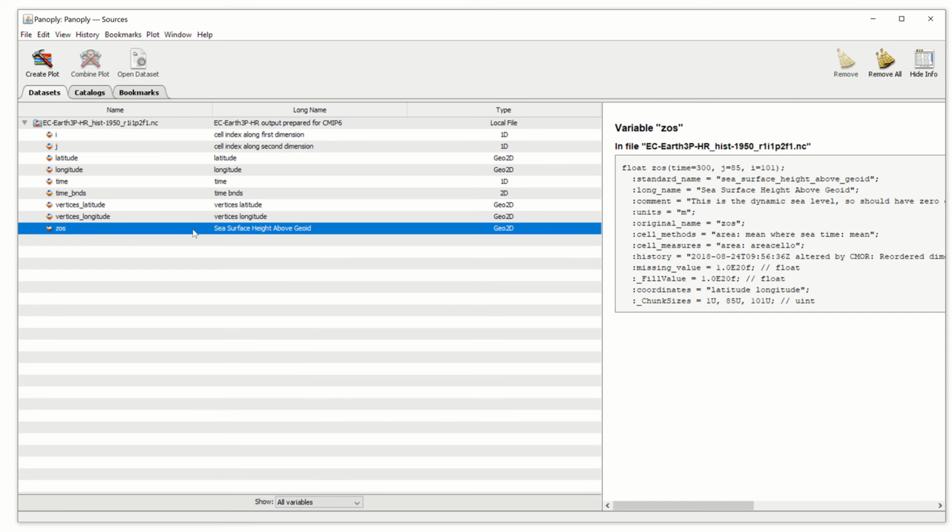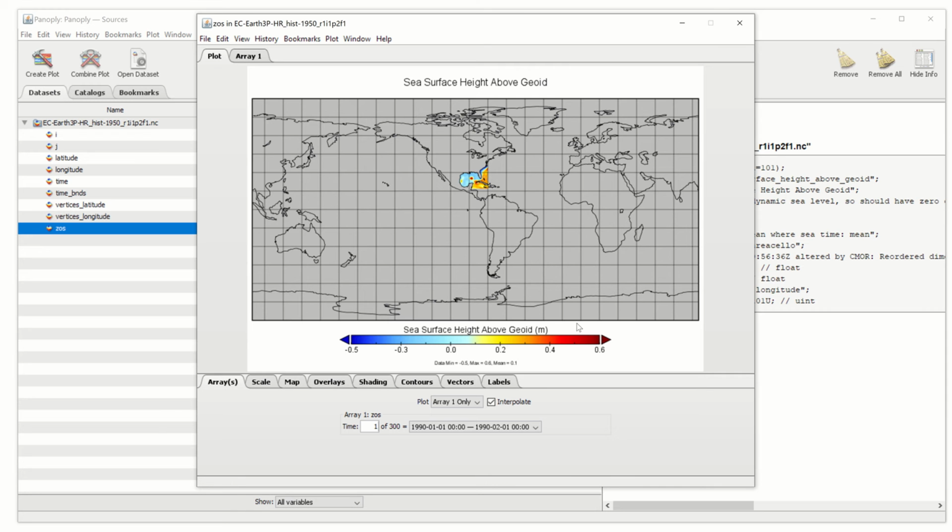Now if I want to create a plot, you just double click here, and you see I have the data just for the area which I'm interested in, which is the Gulf of Mexico region, but that doesn't really look nice because it's very small. So I want to zoom in on certain areas that I'm interested in, and to do this, I think you